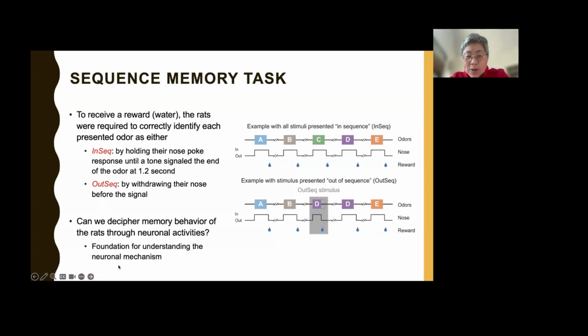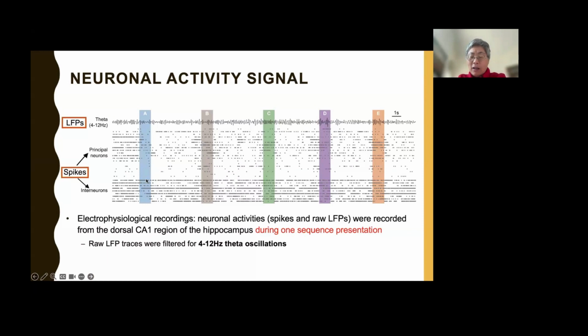Through this, we try to make a connection. We observe their behavior and we also record their neuronal activity, and we want to see if there's any connection. If we observe neuronal activity that looks like this, this is the neuronal activity they recorded. Can it be associated with their behavior, their movement? So this is the experiment, and we try to use new machine learning or deep learning tools to understand the neuronal mechanism from their behavior, and also the memory